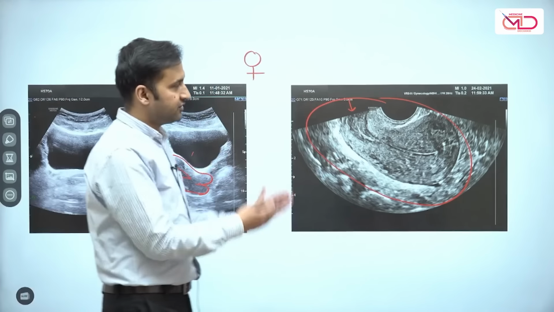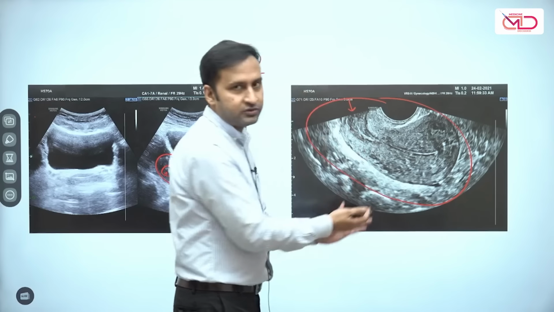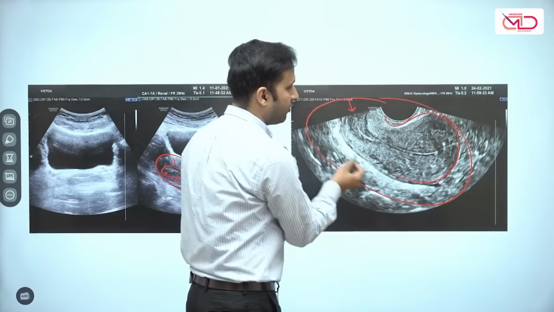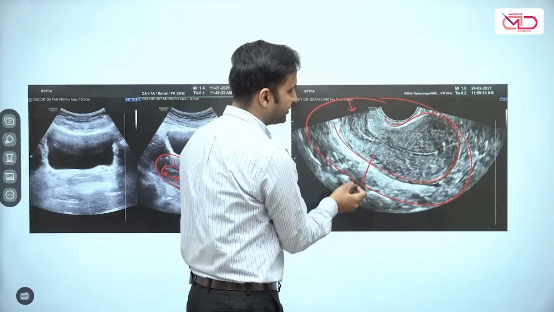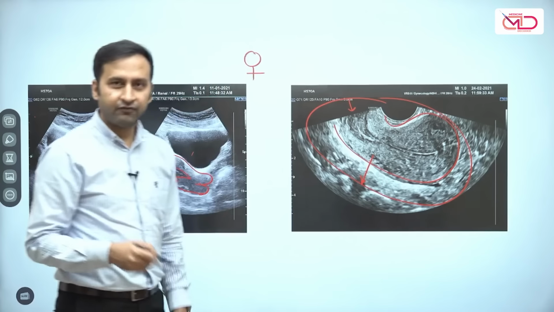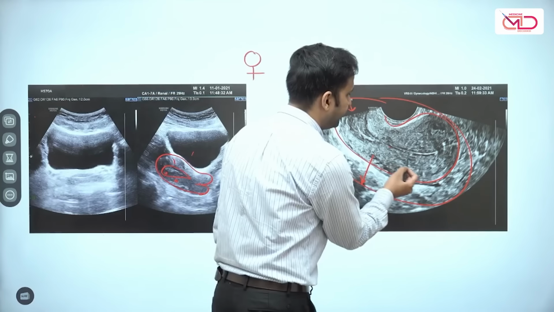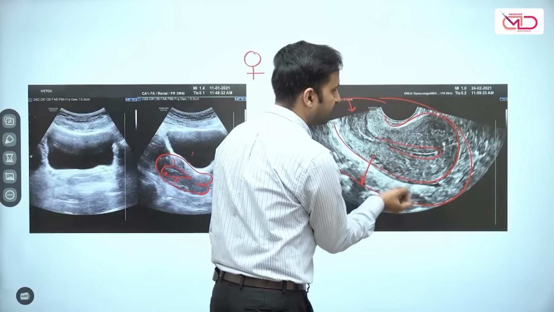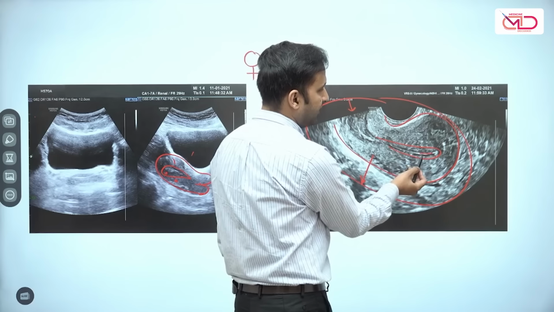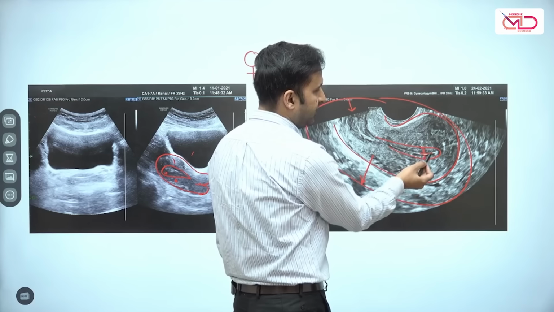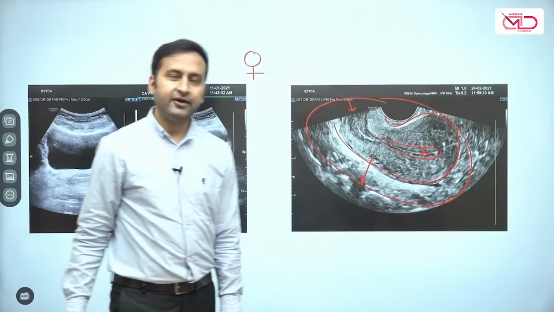Looking at the transvaginal scan of the uterus more closely, you can see the uterus is a classical globular organ. This globular organ is gray colored because it is a soft tissue organ. It is not a cystic organ. Secondly, we can see that there is an inner lining. The central part is bright. The outer part is somewhat gray or brown, or hypoechoic, you can say. The central part is echogenic. This is the endometrial cavity.